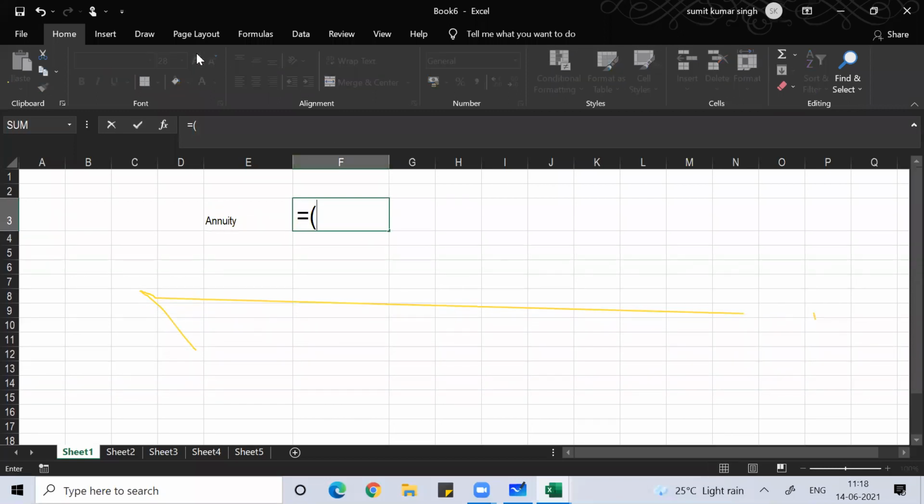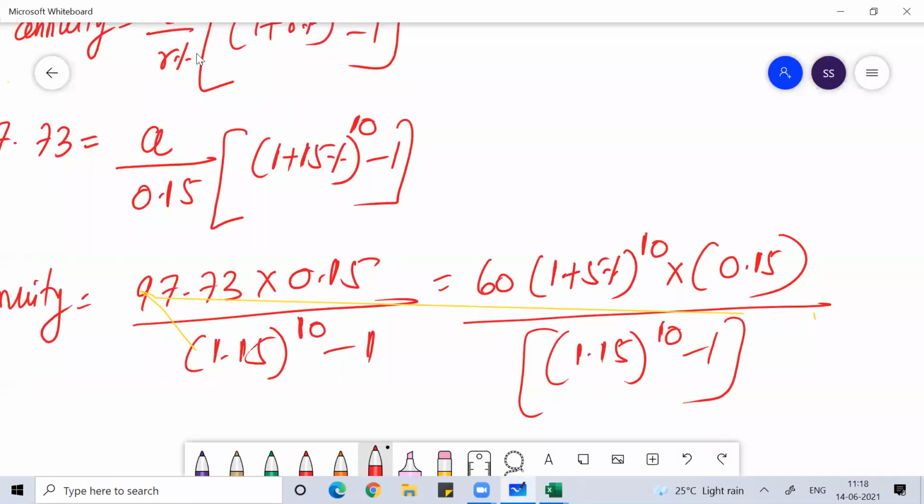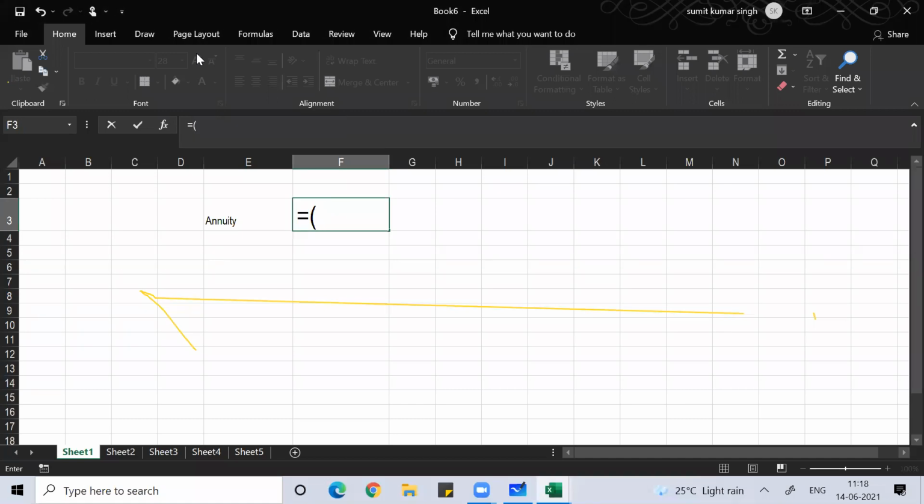So this will be open with brackets: 60 into (1 plus 5%) to the power 10 into 0.15. Close that many brackets as you opened, correct? This is your numerator. Anyone, any doubt?